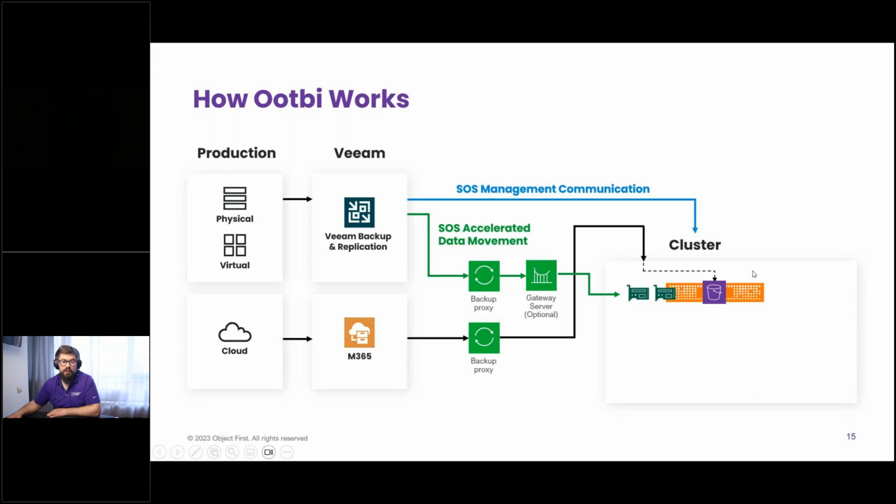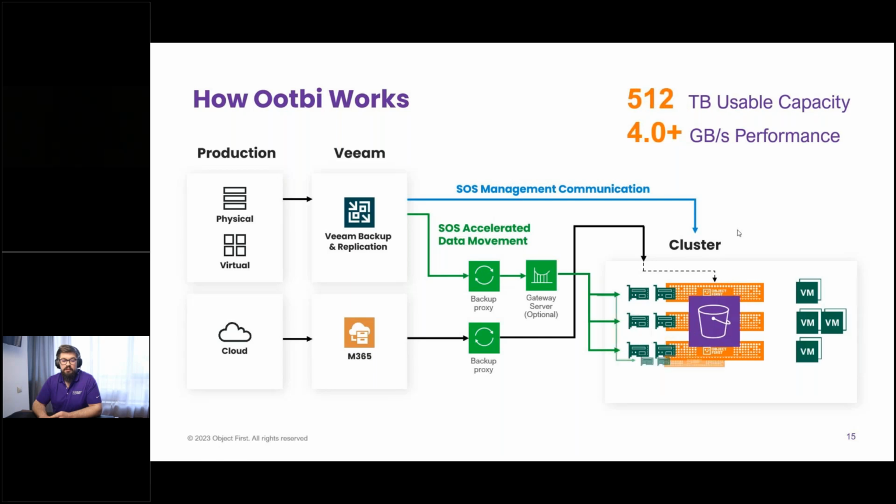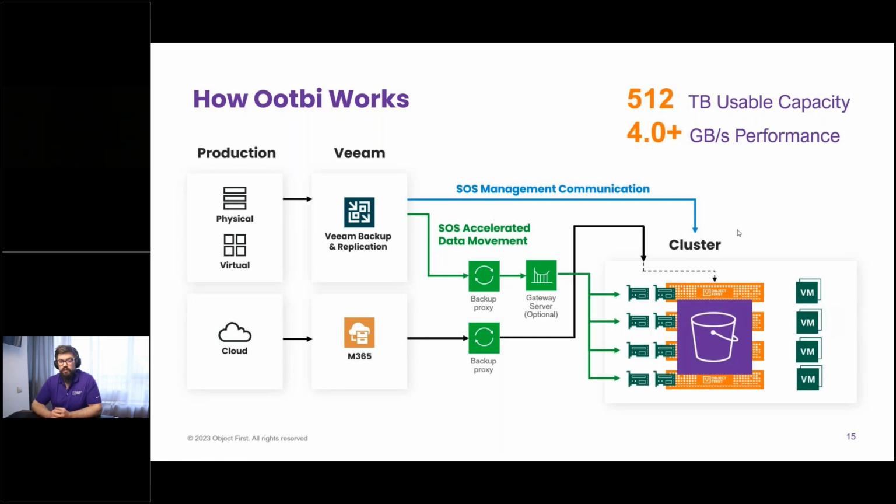So if you have just one single node, you have one namespace. When you consider the data growth, you should add another node into the cluster, so it will grow. You will have a larger namespace, up to 4. So we have two sizes of the Object First appliance. One is 64 terabytes, another is 128 terabytes, and you can stack them up to your needs. So 4 is the maximum number, and you can have a global namespace out of it.